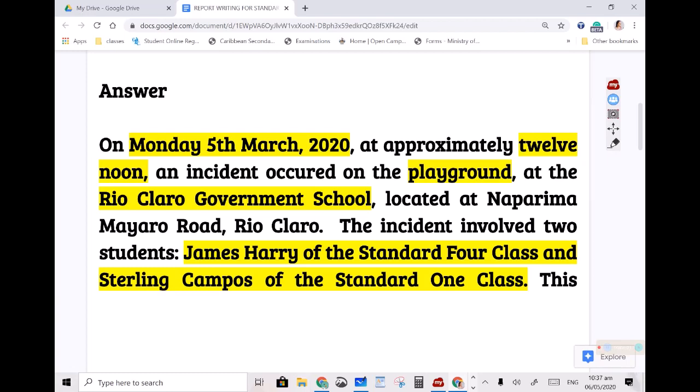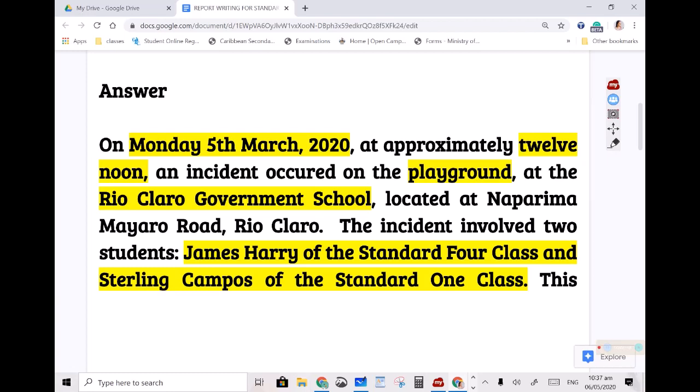Monday, 5th March 2020. You can create any date that you need to. It doesn't have to be an actual date that something had happened. It doesn't have to be the present date that you are in. Once you have the proper element that the examiner would be looking for, that is the most important thing. At approximately 12 noon. So there is an exact time or an approximate time for which the incident had